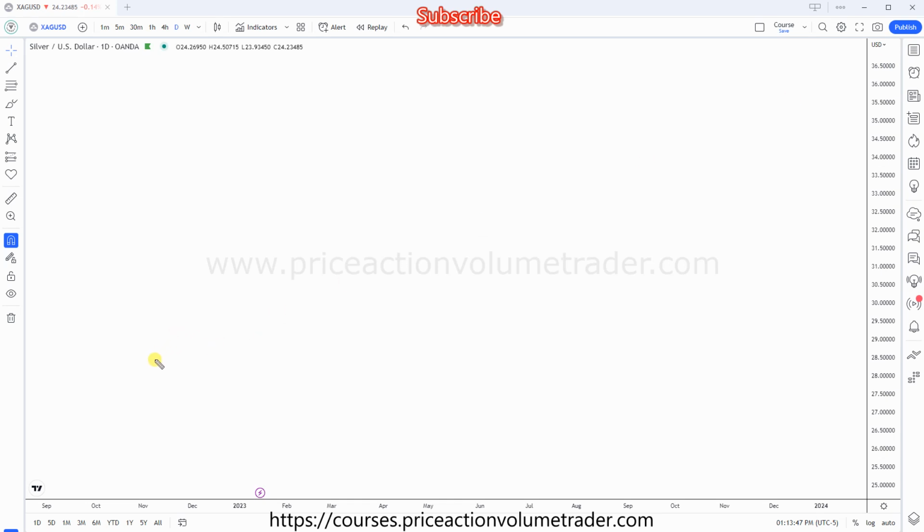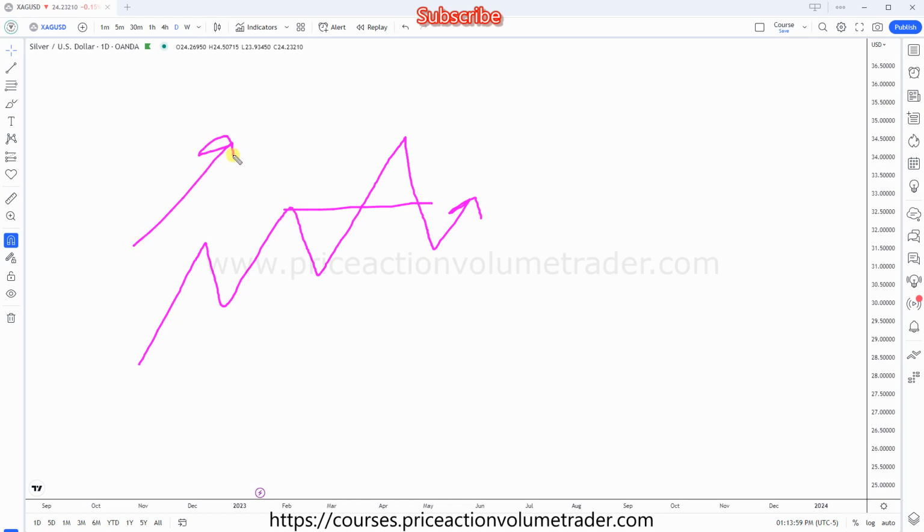The second type of entry is the pullback into a gap fill in order to continue with the trend. In this case, this is an uptrend, and you can see we broke below the previous swing high. We pull back, but now the market didn't just retest the swing high. It goes deeper, usually into the last consolidation on the lower time frame before the explosive move up. So we fill in this gap right into the demand block or the consolidation in this case,